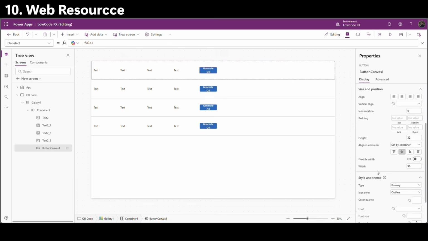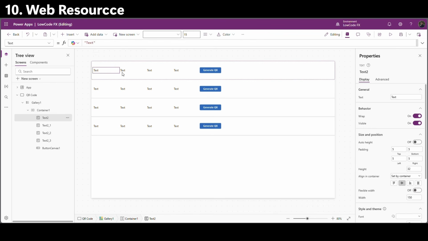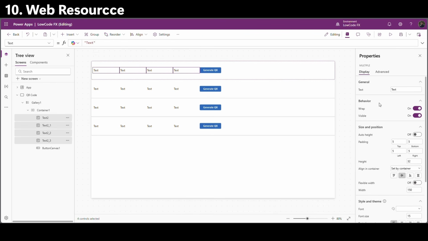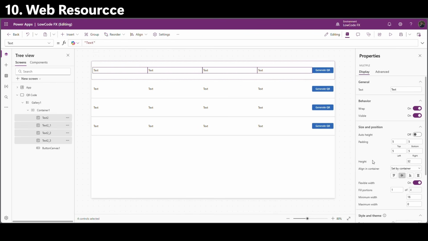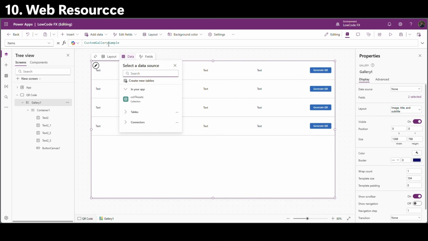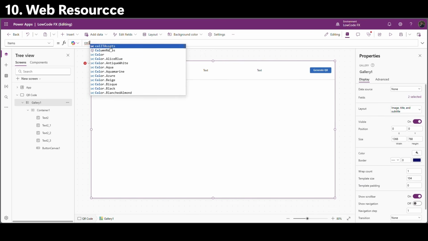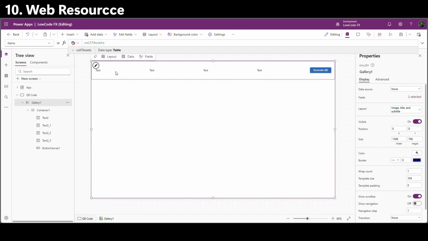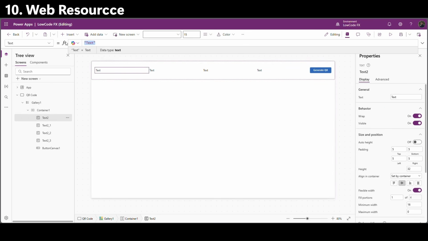I will increase the width to 120. I will select the text and make it flexible width. I will add padding of 20 at the right and left. Yes, let's assign that collection here. Call IT asset. First one would be this item